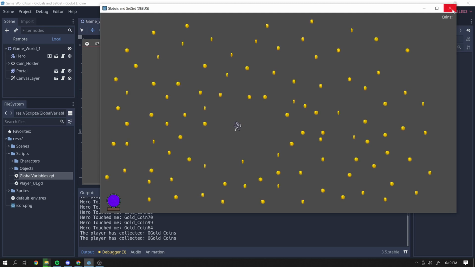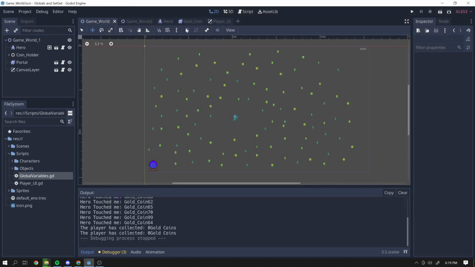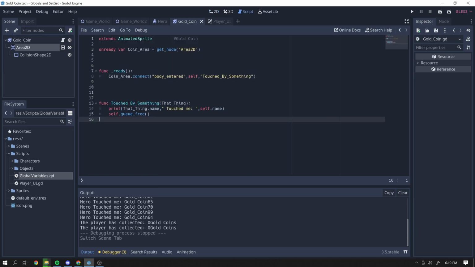Let's go to our script now for our coin. And inside of this script, I went ahead and made a function called touched by something. I'll make a note for this. This function plays when something touches the coin. And as a side note, a body touches the